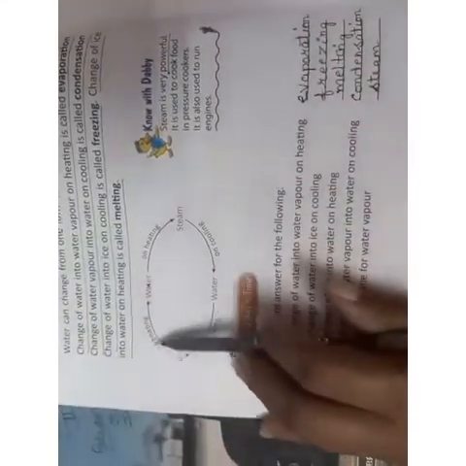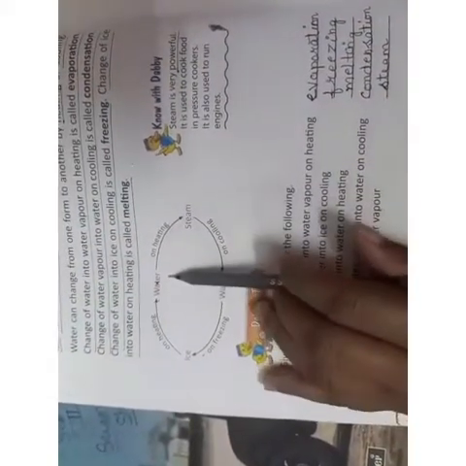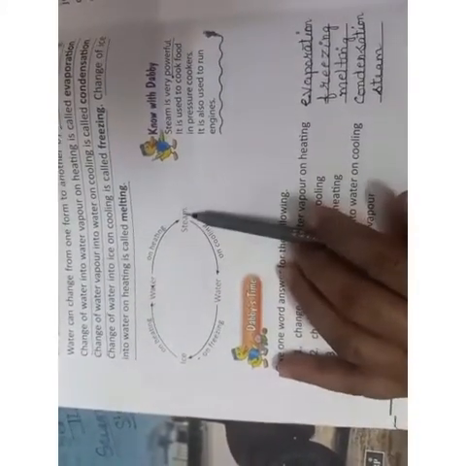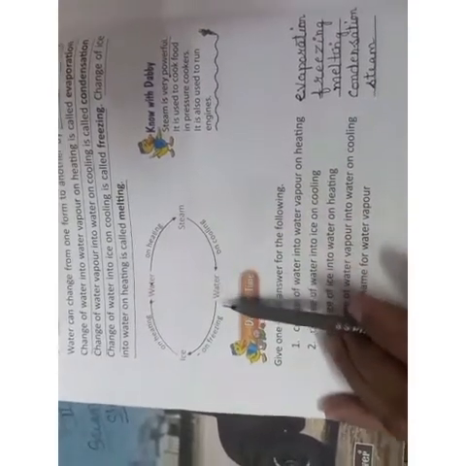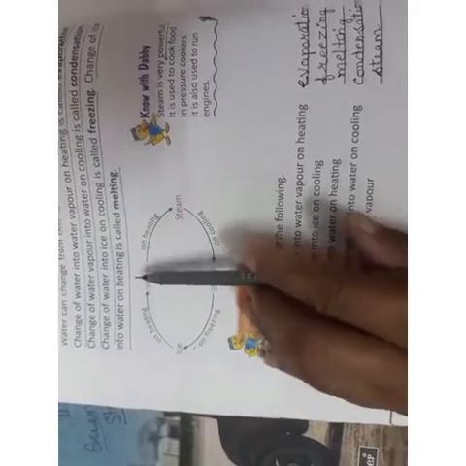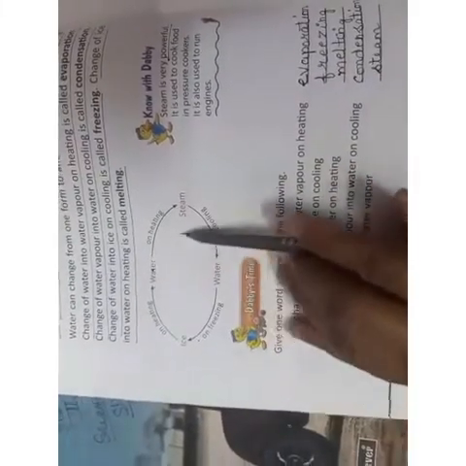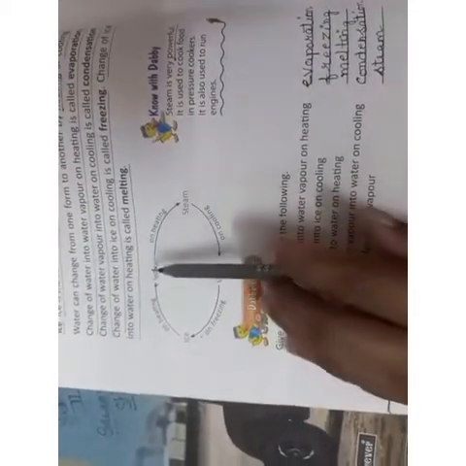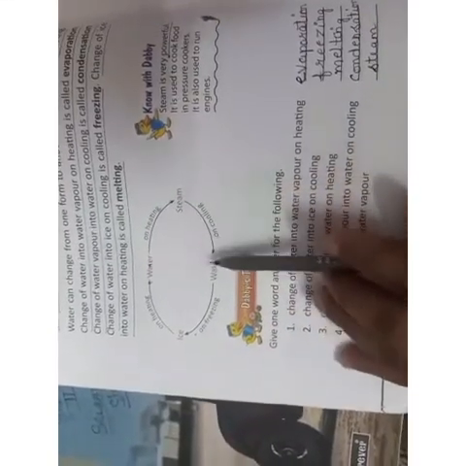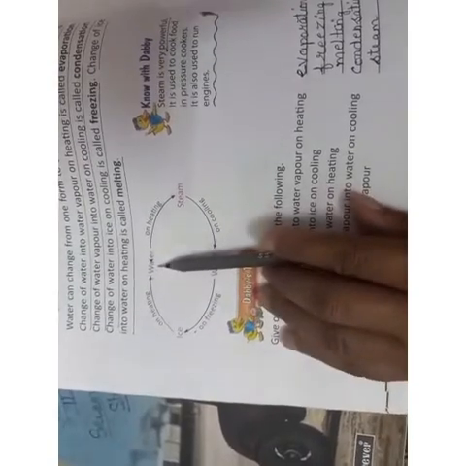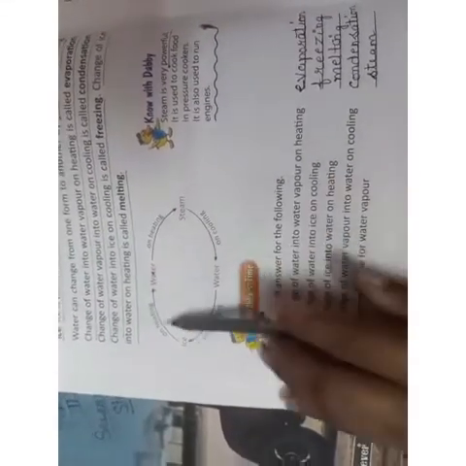Now this is a whole water cycle. You can see that this is the water. On heating it becomes steam, on cooling it again becomes water, on freezing it becomes ice, and on heating it again becomes water. So this is called the cycle. ये continuous process, this keeps on going. This process continues forever and ever. So water to steam, steam again to water, water freezing into ice, on heating it again converts into water. So this is called the cycle.